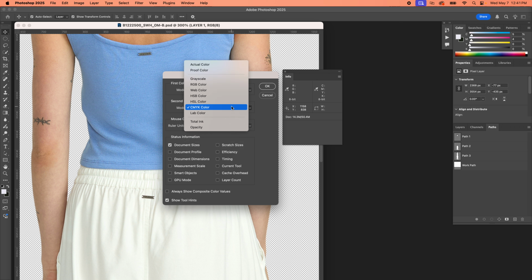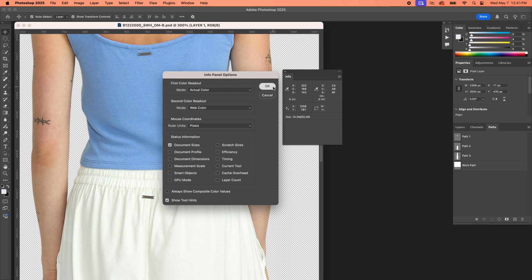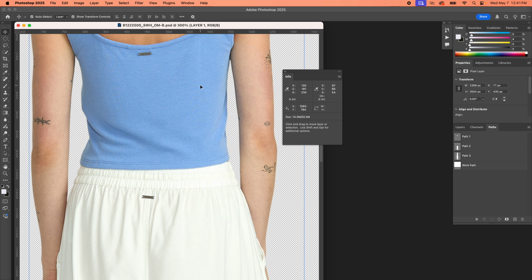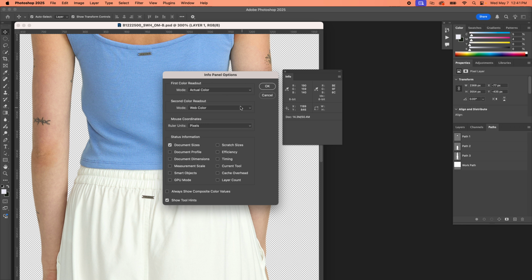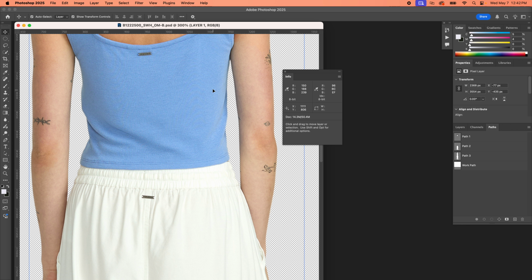So if you're looking for a web color, this is really cool. It can give you that like 87B5EA. That's awesome. So you can get web colors. I mean, obviously whatever, lab color, grayscale. So yeah, you can pick and choose, which is really powerful because if you need to match